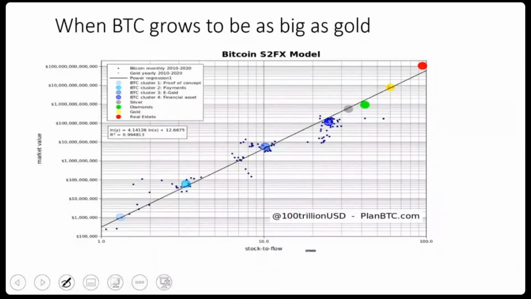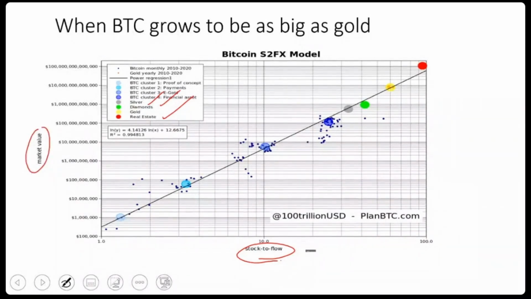Okay, this model tells us that for commodities that are limited in supply, you can mark out what we call the stock to flow. This is for commodities like silver, diamonds, real estate, things where you can measure supply growth rates quite easily on a yearly basis. So what does it tell you? When he calculated the stock to flow of certain assets like silver, diamond, real estate, gold and such, it corresponded to a certain market value or market cap.